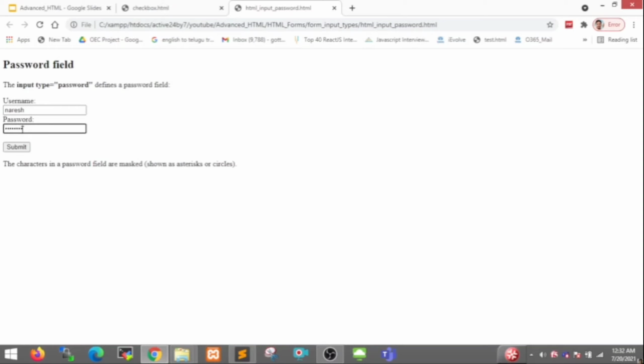This is the password concept of web pages and web forms. When we submit the form, the username and password are submitted from the client system to the server.